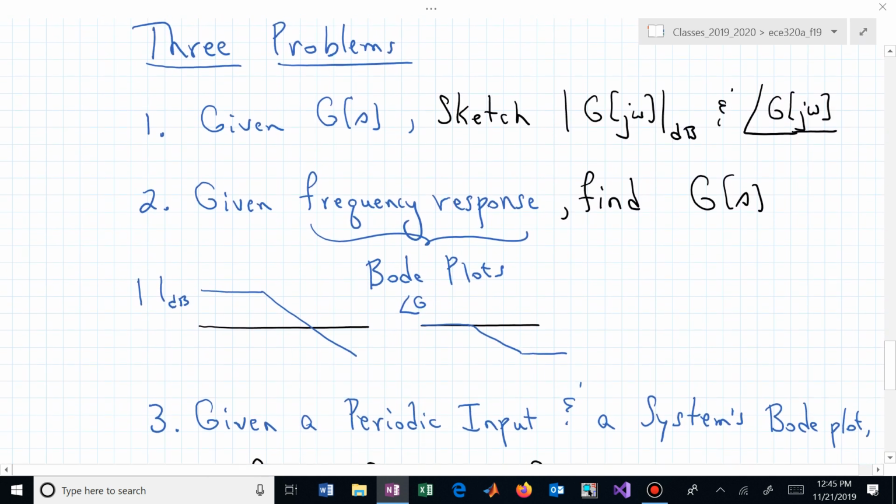You could be asked the inverse problem, and this is system identification. Somebody might hand you a Bode plot and they say, can you give me the transfer function? Now, based on what we will learn, we'll be able to say, oh, there's a pole at this frequency. Oh, there's another pole at this frequency. There's a 0 here. And we can put all of that information together to actually identify the system or the plant or the circuit, whatever G of S represents. The third problem